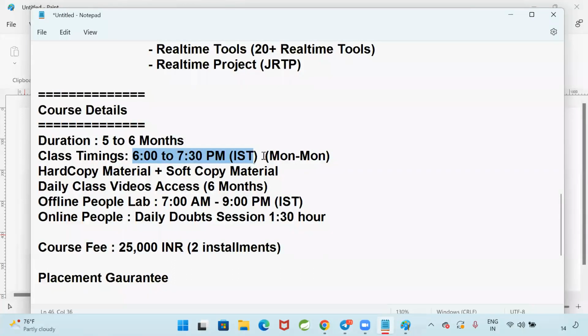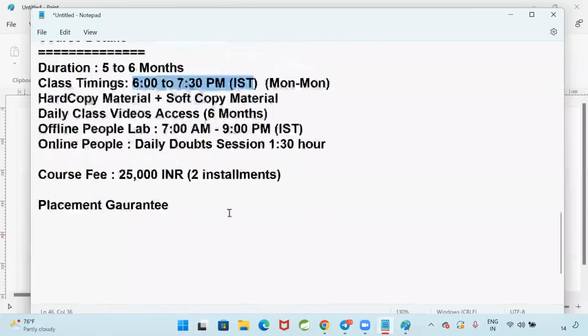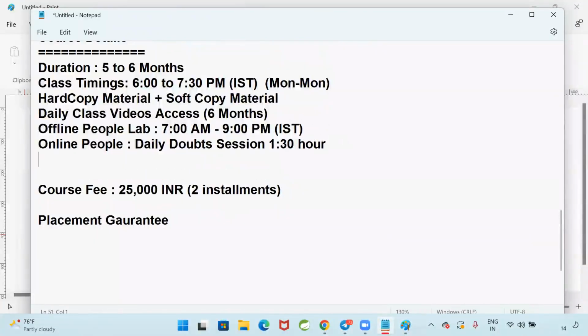Once the admissions are completed, I am going to create one WhatsApp group for you people for communications. Any class updates, any discussions that you are having, we can discuss in the WhatsApp group. In the class also, I will inform you when module 2 is getting started. Within 6 months, at any point of time, you can do module 2. It depends on your comfort.